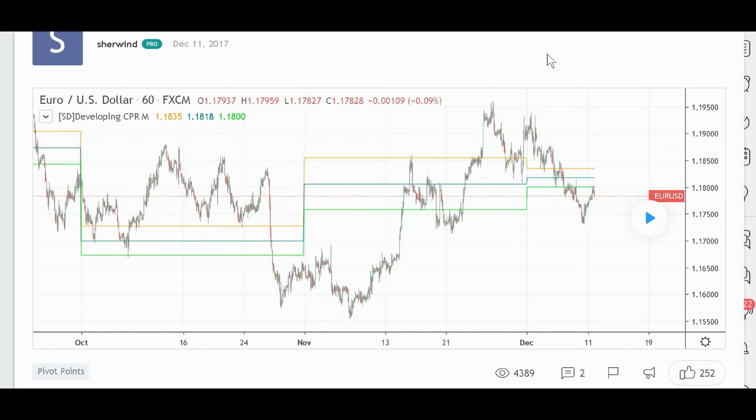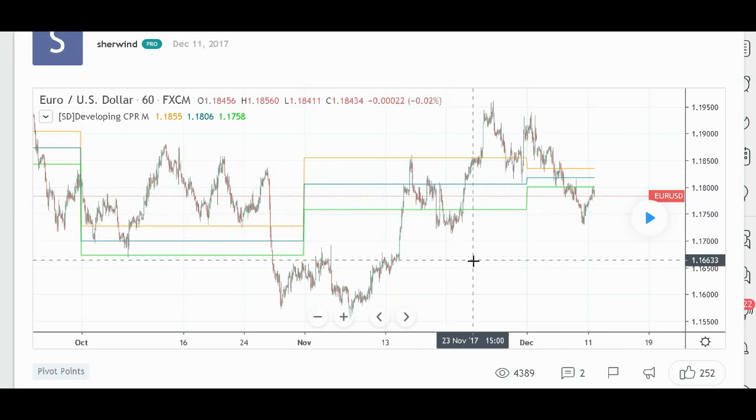Now, what I like about the traditional pivots is that oftentimes you'll get 5 lines instead of just 3. And when you have 5 pivot points, it's easier to use them not only as profit targets, but also as stop losses. It's not so easy when you only have 3 lines to figure out what your stop loss is going to be necessarily all the time. So that's something to think about. But I think these 3 lines can be useful. Again, just for interpretation, nothing works perfectly. Okay. Another script you might want to consider.